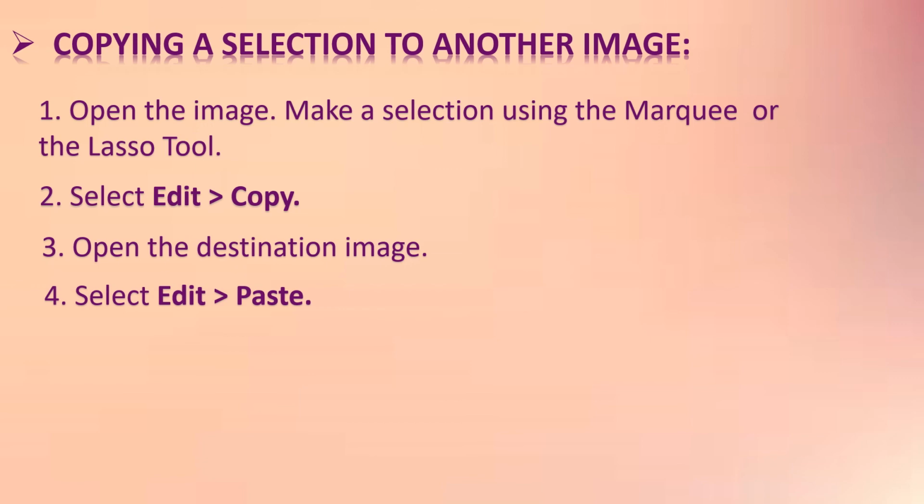Copying a selection to another image. The steps to copy a selected portion of an image to another image are: open the image, make a selection using the Marquee or the Lasso tool, select Edit, then click on Copy, open the destination image and select Edit and choose